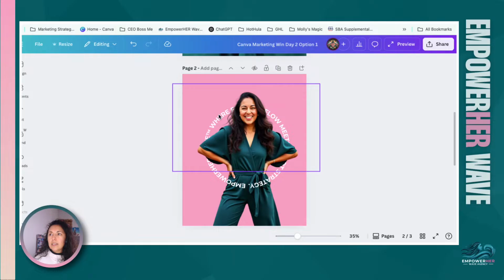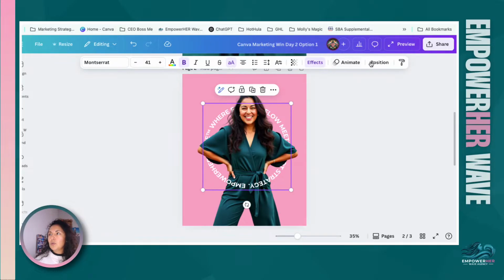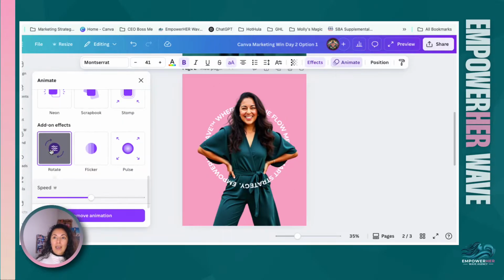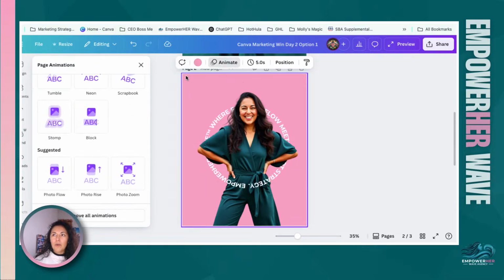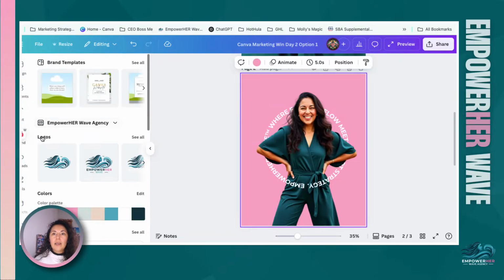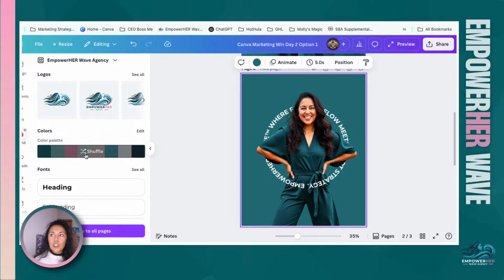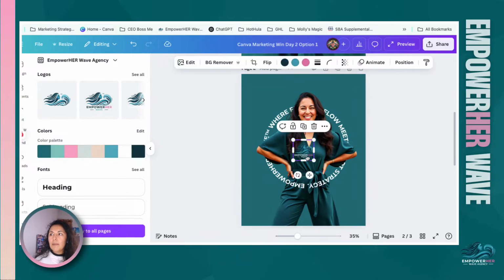And now the last thing is, and again, this wasn't probably the best photo of myself to choose. You're going to go to Animate, scroll all the way to the bottom, and then click Rotate. Boom. And then you can choose the background, whatever you want, which brings me to this. So brand kits, which is really the main takeaway, but brand kits are only available for Pro. If you don't have Pro, you can't use this feature, but this is all of my branding for this specific brand. I can just change it like that, get my logo,